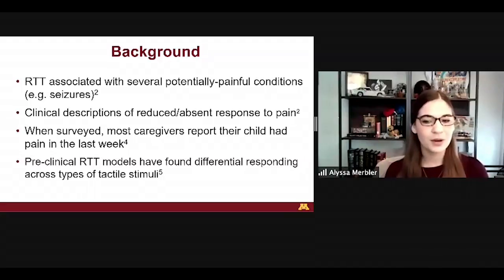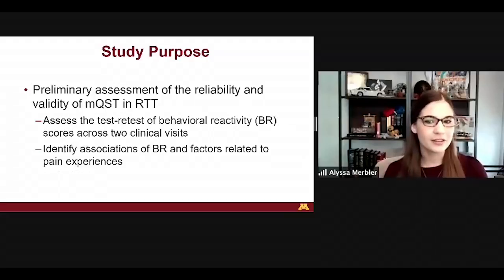So based on this, we wanted to use an objective measure of sensory function to further learn about sensory function in Rett. The overarching goal of this project was to assess repeated biobehavioral measures related to pain in Rett syndrome. This data set specifically is just looking at behavioral reactivity to the MQST. So first we wanted to assess the test-retest of reactivity across 2 clinical visits. And then the second part is identifying associations of that reactivity with factors related to pain experiences using time 1